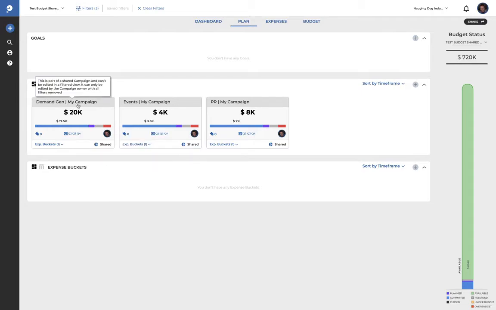We can see that there's the demand gen campaign, and it was a $40,000 budget, and demand gen took 50% of the share. So 50% of 40,000 is 20,000. Events only agreed to pay 10%, so there's their 4,000. PR agreed to pay 20%, and there's their 8,000. And if we pop this open,